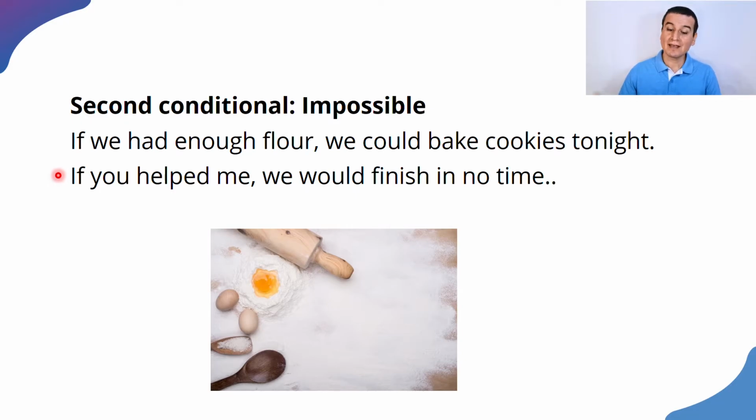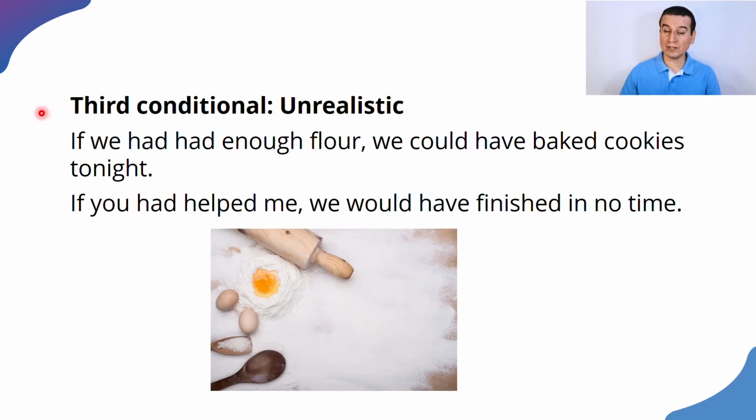All right. Next, we have the third conditional. The third conditional is the one that we use to express actions that actually are unrealistic. It means that it is impossible that they can happen because something didn't happen in the past. So if something didn't happen in the past, nothing is going to branch out of that action that didn't happen. I say all the time, this is just speculation, because we cannot do anything about fixing something that didn't happen in the past.